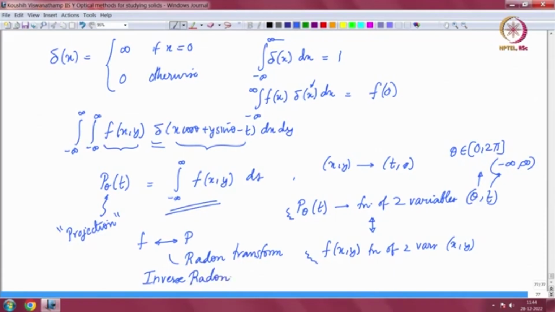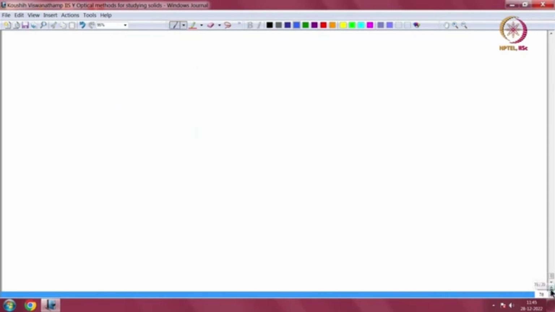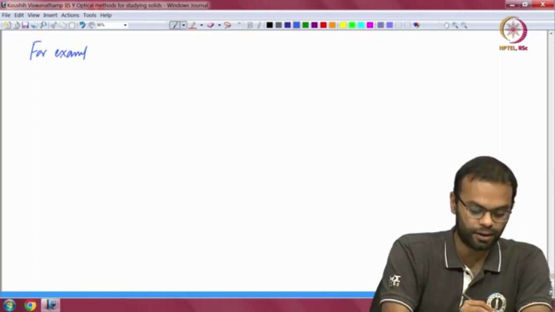And that basically means that if you are given P theta of t, you invert it and get f of x y. And given P theta of t, by that I mean that you are given this functional form for all pairs of combinations of theta and t, just like you would need that for f of x y. Okay, so it is easy enough, let us just look at one example just to make sure that everything is